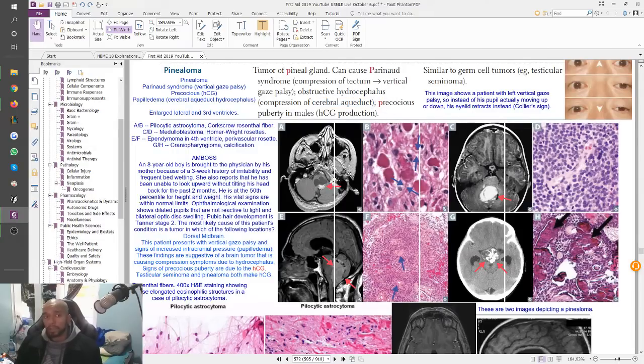because in males it'll cause excessive hCG production, which is really only seen in this, and then in... where did I write it? Was it this question actually? Oh yeah, this is the question. In seminoma, right? Now, this is also pinealoma. Oh, it's already in the book itself. Yeah, similar to germ cell tumors, testicular seminoma, right? So that's another case scenario where you would have excess hCG production in an adult, right? Not an adult, in a male.